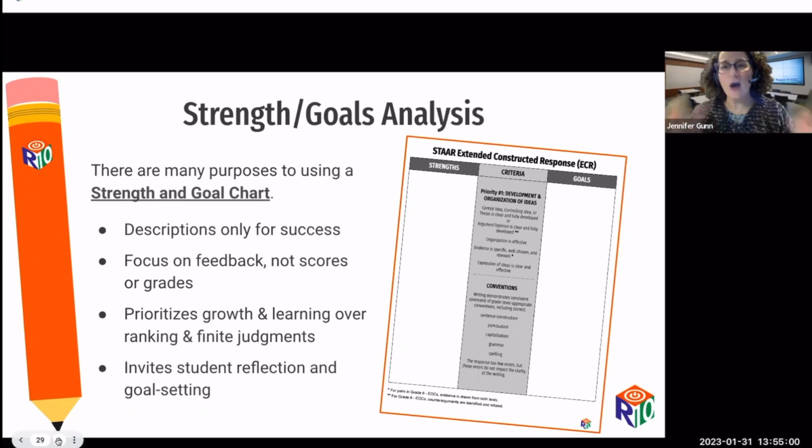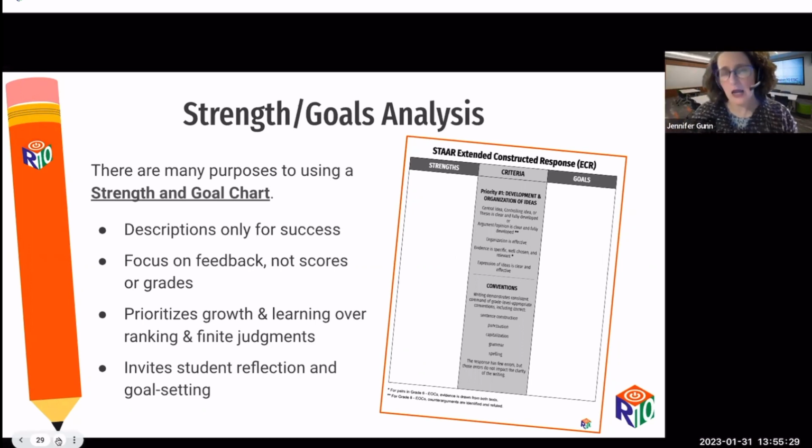And the value of using this chart is that we are taking the focus away from scores and numbers and placing it instead on strengths and goals so that we're providing feedback to prioritize the growth and the learning over that score judgment. We want to invite the student into reflection and goal setting about what they can actually change